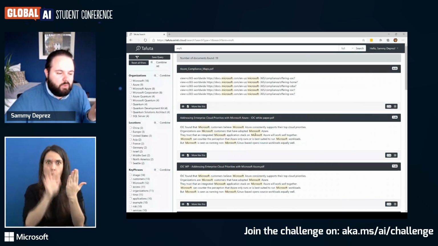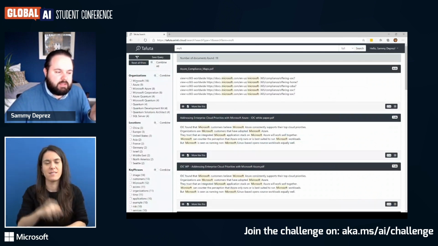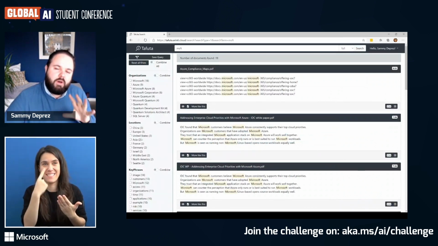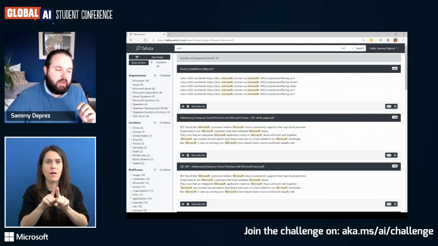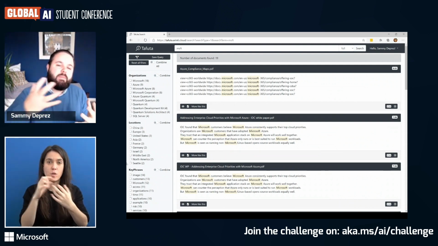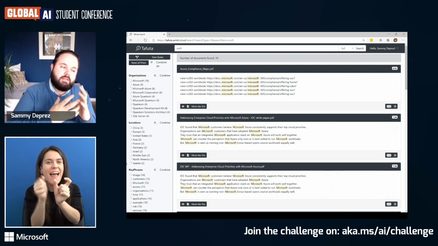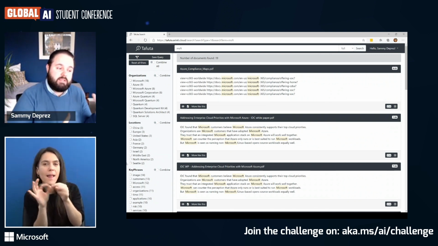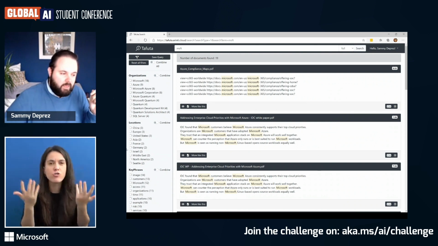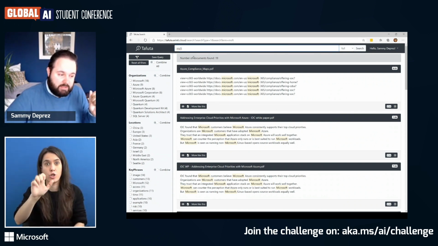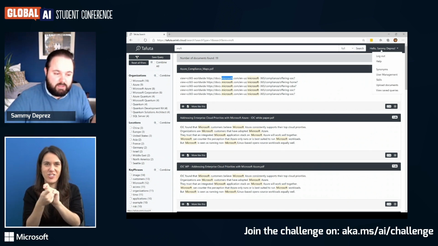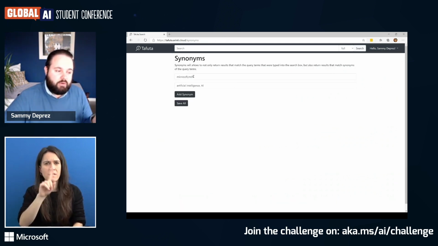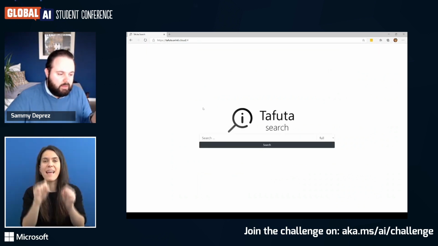Now, what is interesting in this part is that this side here, as I said, some fields you can configure as facetable. A facetable item means when you search something, you also get back a list of items, for example organizations, that you can use as filters. So I looked up Microsoft, but as you notice, it's highlighting Microsoft. This is another feature that you can configure. This is not possible within the wizard, but through the REST APIs, you can configure also synonyms.